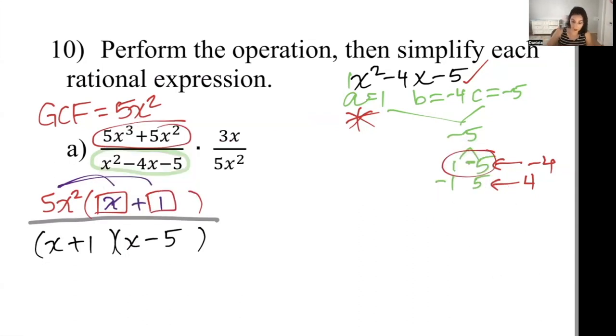The second fraction, okay, so I'm going to write times. So now you have to ask yourself, is this factorable? A little hint, whenever you have just 1 term, there's nothing you could do. Okay, so both of those are monomials, or 1 term, so nothing you could do there. So I'm just going to copy that down. Okay, so it kind of looks a little busy. Let me take that out. So now that we have factored everything,